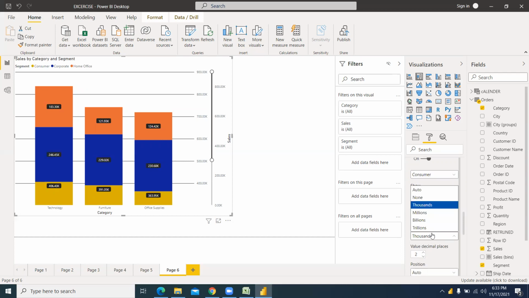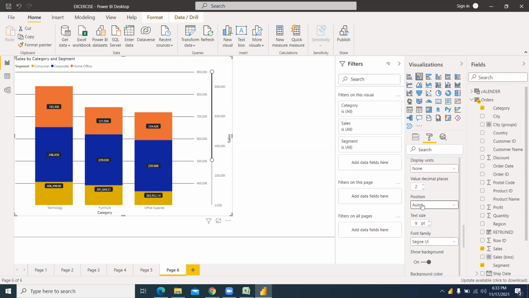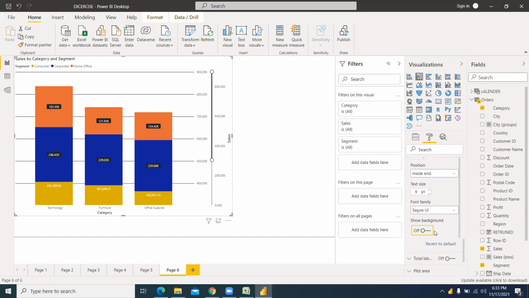I'll show it maybe none. Okay, so you can see that, and then position, I want to show center. It goes away because there was less space. So inside, and it will show properly. And then I won't show the background. If you show the background, you can select background color, then transparency.